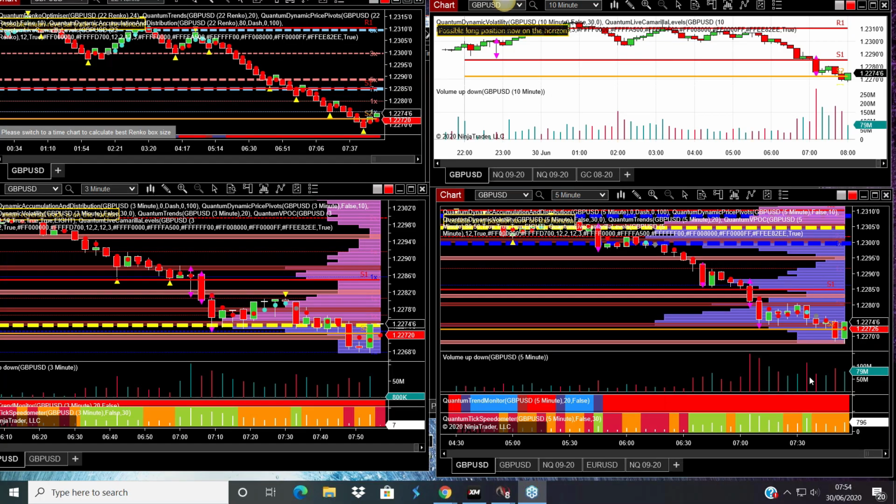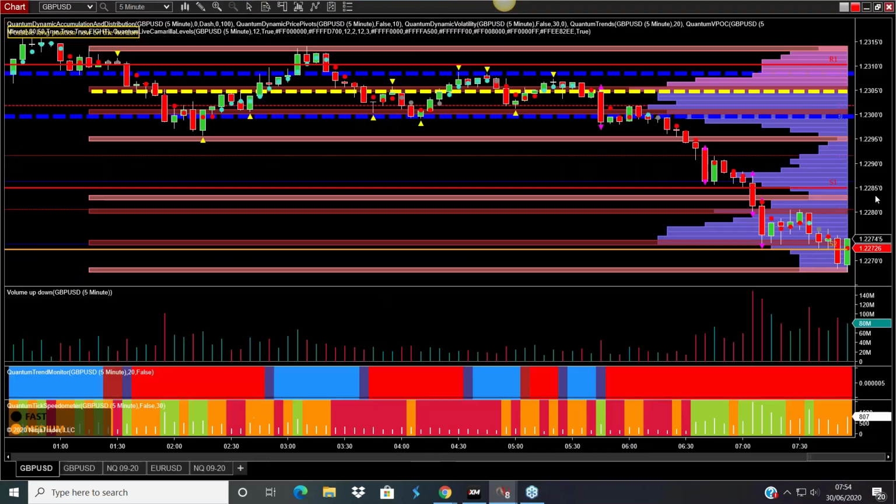Now, we are also coming up to the London session, always a great time for lots of traps to be set for the unwary. And in fact, I have a cable chart up at the moment. I've been tracking a move in cable since just before the start of the European session. If we look here at 6 o'clock, we can see cable pretty much in congestion. This is the 5-minute chart. As you would expect, it's not a pair that is heavily traded in the Asia session.